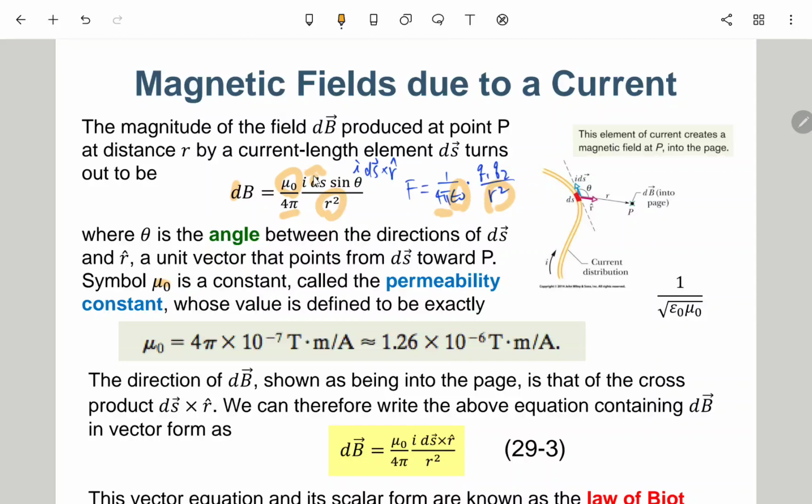For the B field we have mu zero, which is actually called the permeability. 那 epsilon naught 就是电导率，那这个 permeability constant 就是磁导率常数，磁导率，所以他们也是兄弟来的。